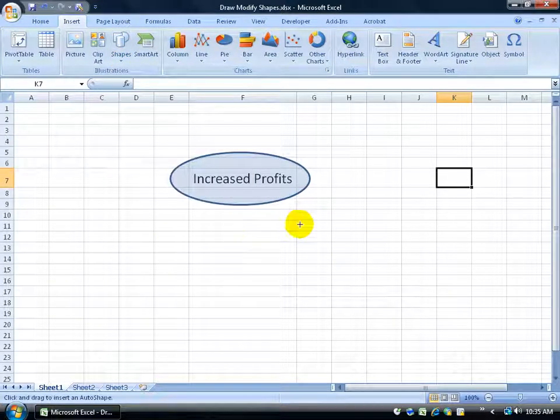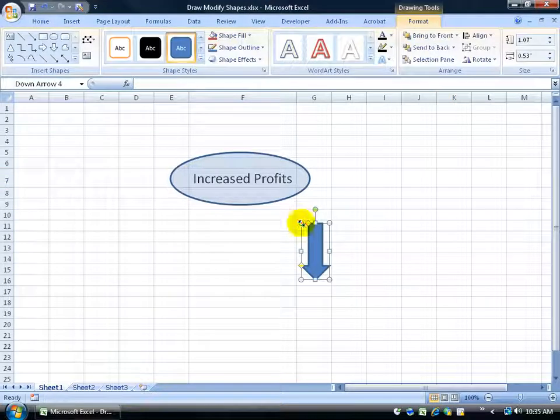Click on it. Come over here. My mouse turns into a little plus sign you can see. And then if I double click really fast, it adds the down arrow. You can of course click and drag to create the shape of the arrow, then let go, but double clicking is a little bit faster for me here. And then if I need to make any changes, of course, I can hover over one of the handles here till I get a two-way arrow and then click and drag to get this arrow just a little bit wider